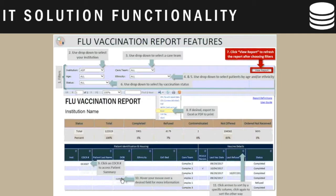So this is a SQL Server Reporting Services, or SSRS report, which pulls data from our back-end SQL Server data warehouse. Now, SQL Server Reporting Services is a Microsoft commercial off-the-shelf product, so anyone can get and use it. It integrates very well with a SQL Server backend database, but can also be used to connect to a number of different data sources. So depending on what your institution or organization uses,